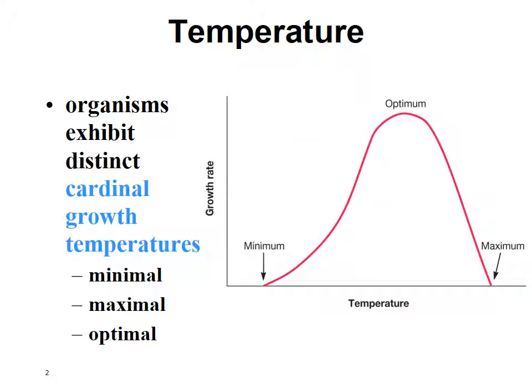Now let's move on to the effects of temperature. And as you can imagine, temperature has an enormous effect on microorganisms, just like all other organisms. Actually, microorganisms are particularly susceptible because their temperature varies with that of the external environment. And one of the most important factors influencing the effect of temperature on growth is the temperature sensitivity of enzyme-catalyzed reactions. You probably remember that every enzyme has a temperature at which it functions optimally.